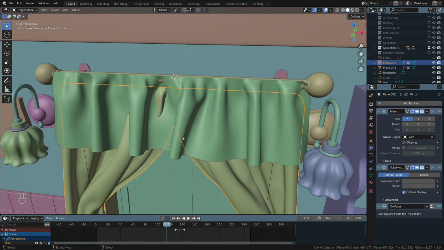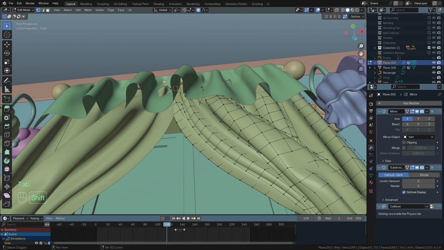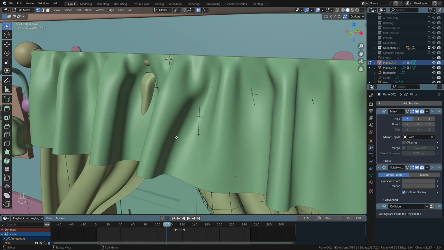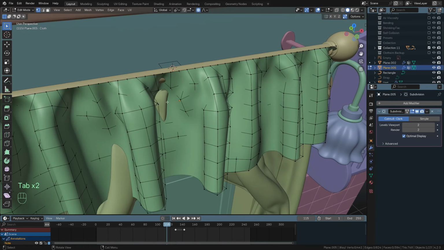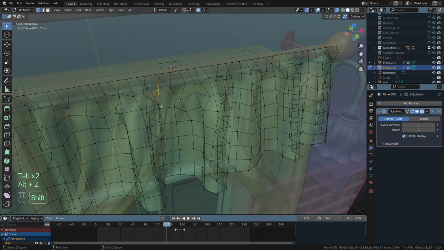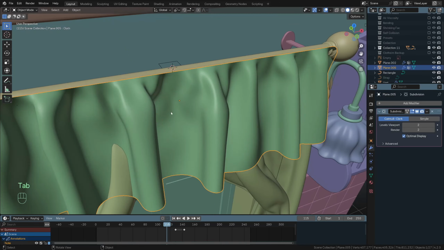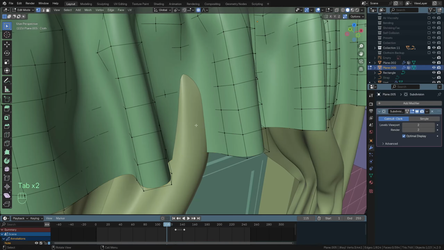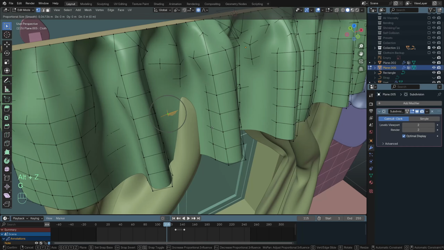Okay, now we're gonna have to do a little bit of editing. So let's grab this, tab into edit mode. Let's grab these two here and press G, Y, move them back. And for a change, let's grab the Valance, and let's grab these three vertices. Press G, Y, move them back as well, move them front, and let's edit this one here. I'm just gonna grab these set of vertices and press G, Y, move them